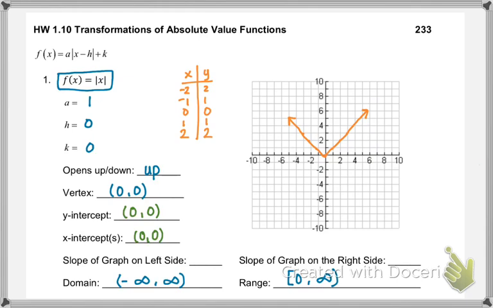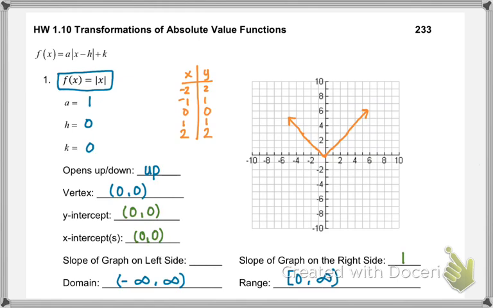Now the only thing we haven't really looked at is the slope of the graph on the left side and the slope of the graph on the right side. So you know that in an absolute value graph, it's a V shape, and the left and the right side are symmetric. If we look at the right side and its slope, it looks like I'm going up 1, right 1, up 1, right 1 every time. So my slope on the right side is +1